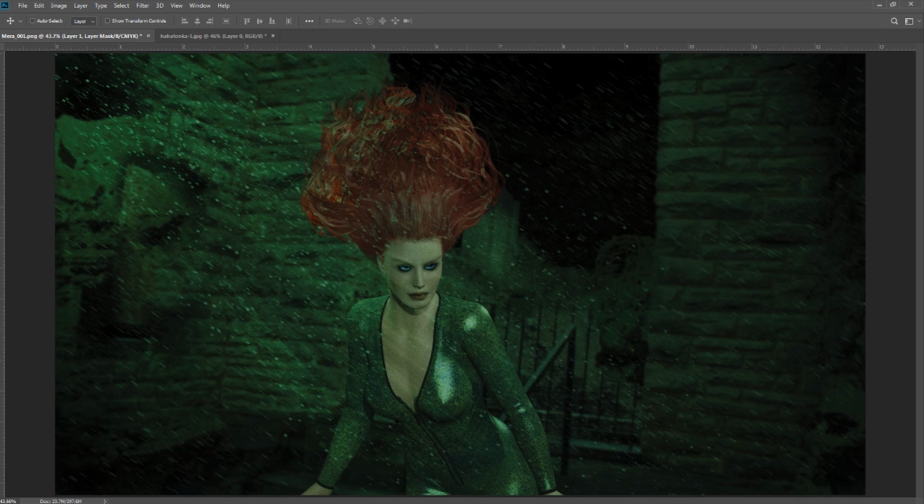And again, we could take the mask, or we could actually just make a mask and then go in and paint with black on the mask, kind of like this. Let's make that a little bit bigger, get rid of the airbrush part. We don't necessarily need to vary the size. And now we can come through and make her hair glow a little bit. It's kind of getting hit by that light. So we'll put a little bit of glow in her hair